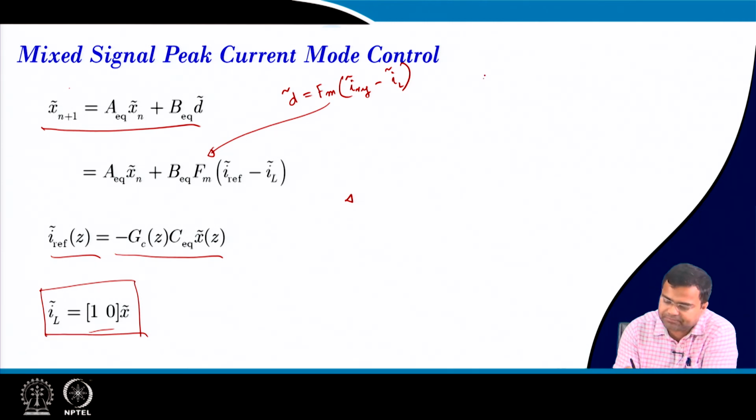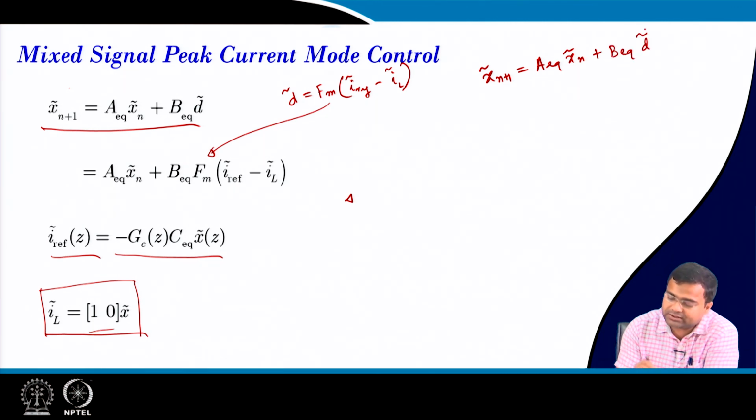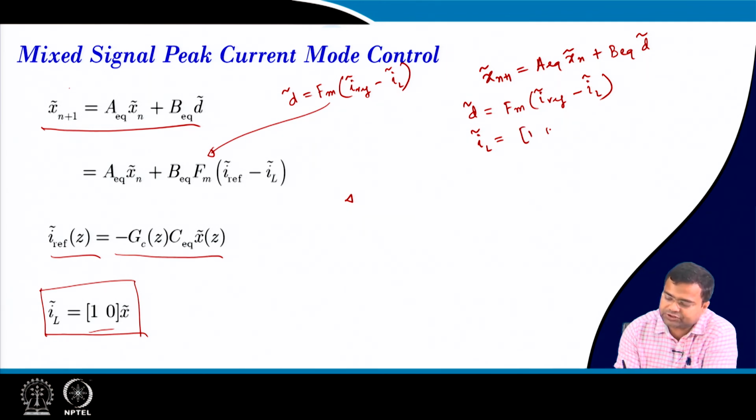So that means we have x(n+1) equals A equivalent into x(n) plus B equivalent into d(z). Then what is d(z)? This is nothing but Fm into (Iref(z) minus IL), or Iref into IL. Then what is IL? IL is nothing but [1 0] into